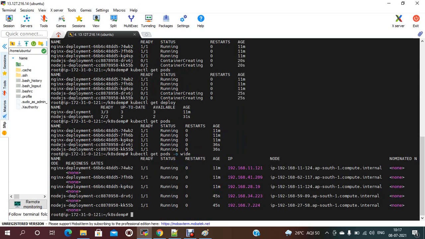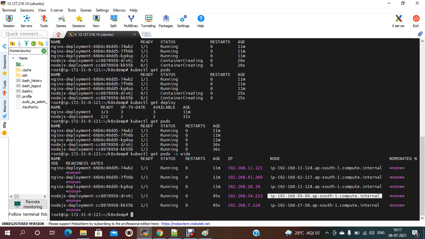So with -o wide, it shows this is the node, this is the old one. The Node.js pods should be only on the new node group. These are the new node groups, right? So it is running on this node group only. It won't schedule anything on the old node group. The Node.js applications are running on the new node groups.